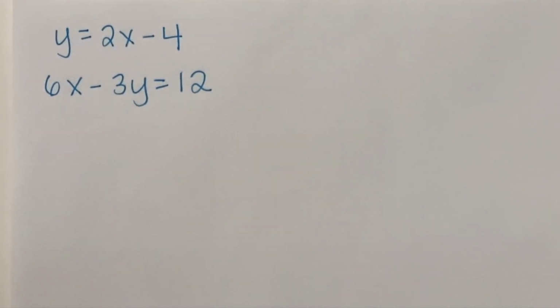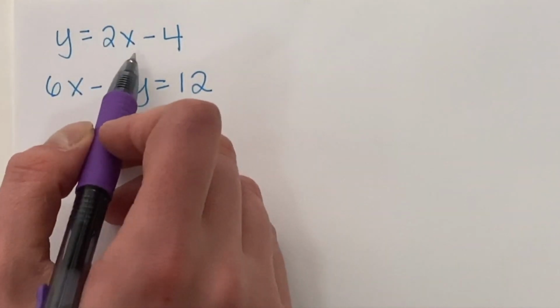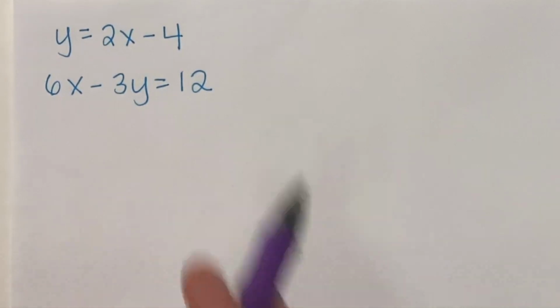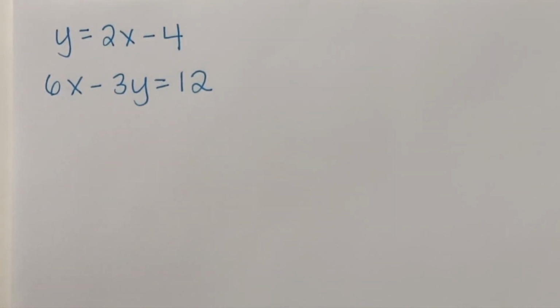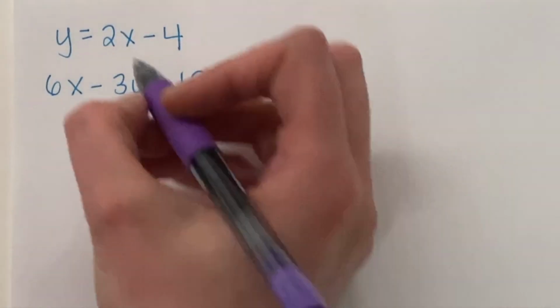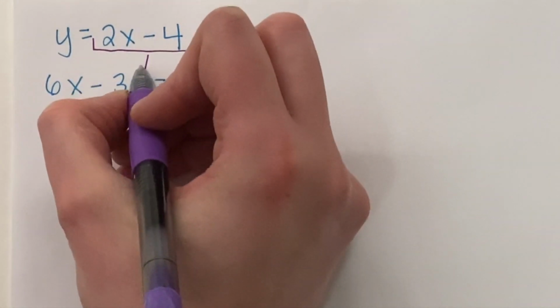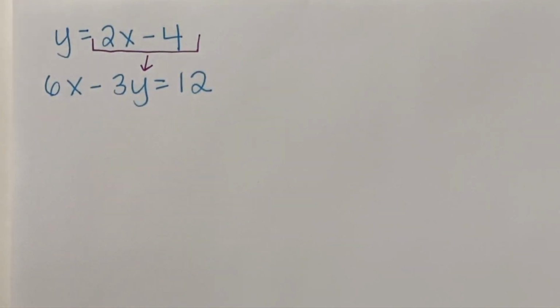So here's an example of a system: y equals 2x minus 4, and 6x minus 3y equals 12. What's nice about solving this by substitution is there's already a variable that's isolated. So I know that I'm going to take this 2x minus 4 and substitute it in for the y down here. When I do that, I'm going to have